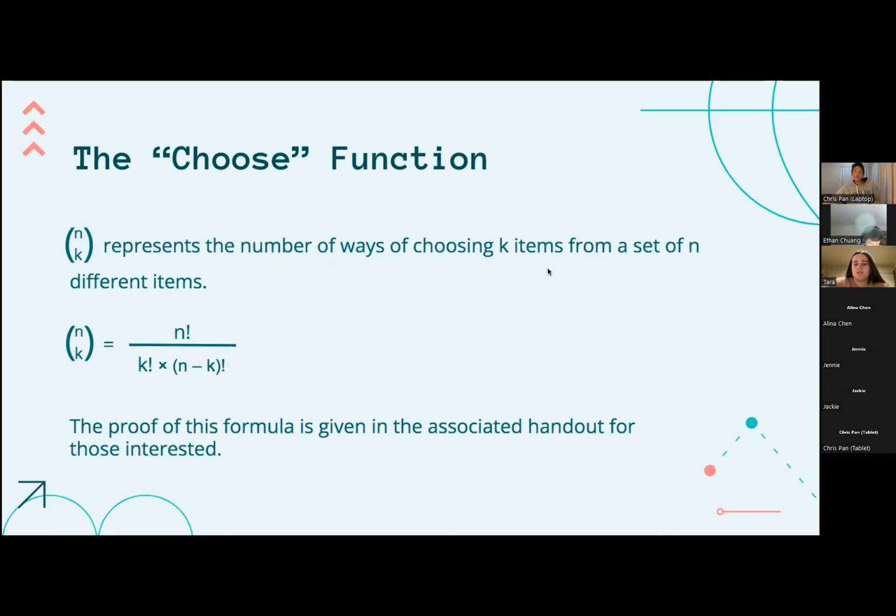Okay, so next I'm going to be talking about this thing. I'm calling it a choose function, though I don't think that's technically the correct name. I think the name is a binomial coefficient. But you don't need to know what that is. Basically it looks like this: you have two pretty big brackets, an n at the top, a k at the bottom. And what this function represents is